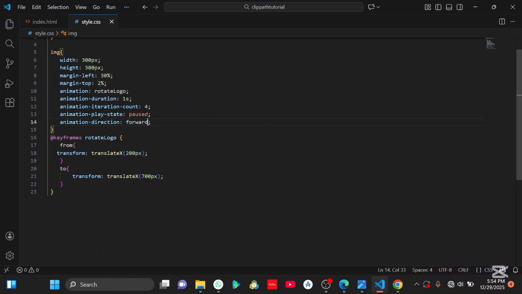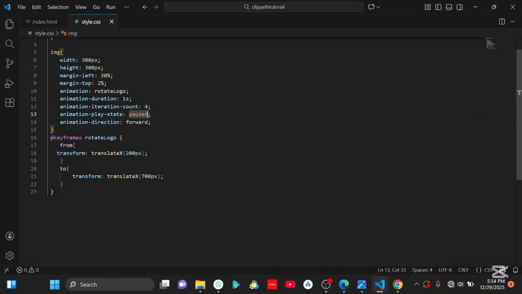Maybe save, and if I refresh, okay, the animation play state is still paused, so we have to turn it to running, so it's going to be running. Then if we hit refresh here, you can see that it is only moving forward, okay, and it's going now the number of times that